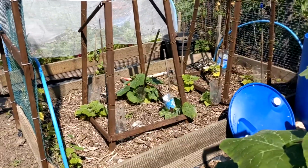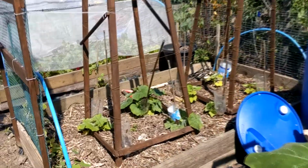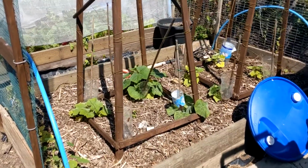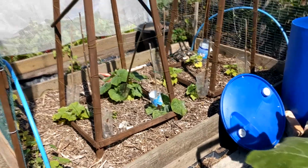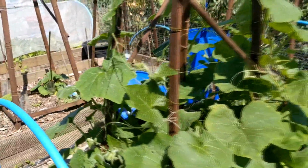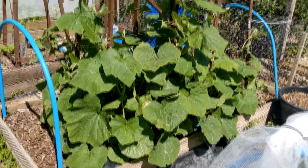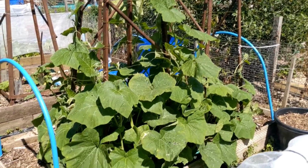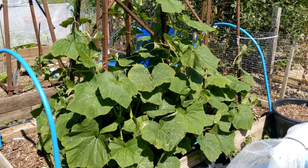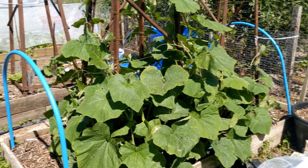Here we have 2 beds of butternut squash. The first, just about starting to look happy, just about to get going. The second is this bed. It's gone nuts. I believe they are different types of butternut squash, so I'm going to look up which types